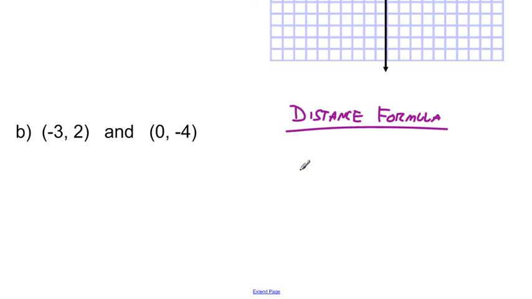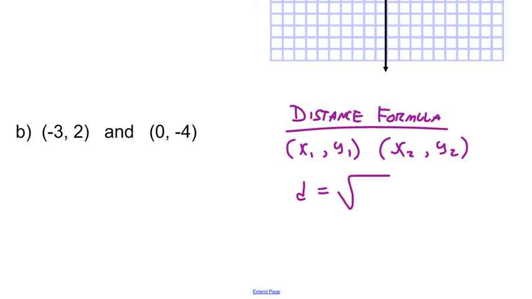Okay, distance formula. So what we're going to do is this: say I have some random point called (x1, y1). Again, this is just a random point. It could be like our point (-3, 2). And then if I have a second point, I'm going to call that (x2, y2). So if I have 2 points and I'm going to find the distance between them, the formula goes as follows. D equals, for distance, the square root